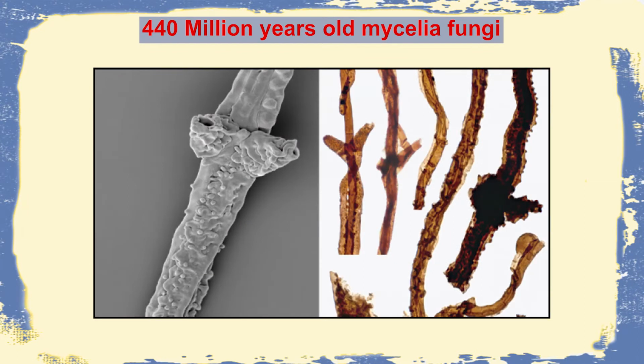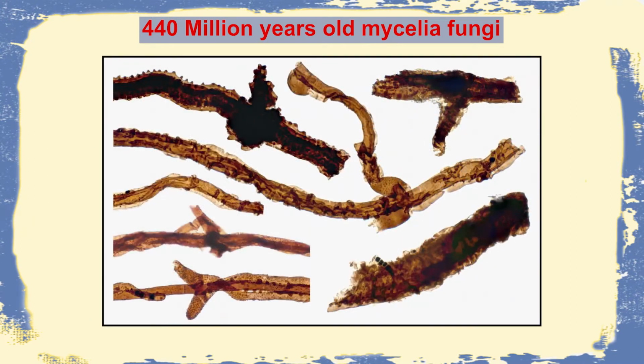Fungi are non-chlorophyllous organisms which are equidistant from both plant and animal, and they have a pretty old fossil history. About 440 million years ago, a mycelial fungi fossil has been discovered, and as you can see in this picture, there is a specific mycelial pattern with septation, and not only that, there are propagules which will propagate from the mycelia, which indicates a unique vegetative reproductive pattern.